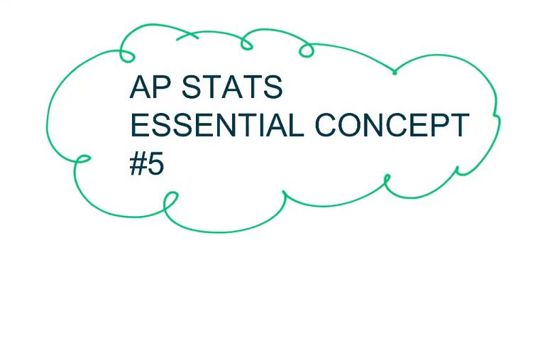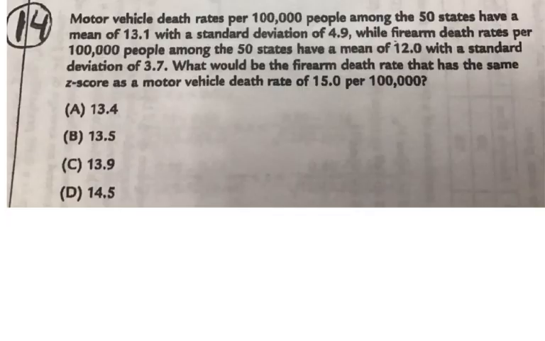Okay, guys, let's do some more problems. Again, we're trying to solidify this knowledge in our memory banks, hopefully. Here we go. So on this problem 14, notice they tell us that motorcycle vehicle death rates per 100,000 people